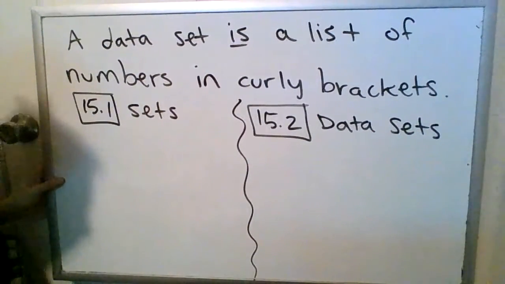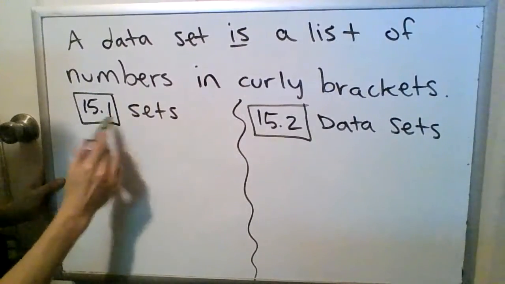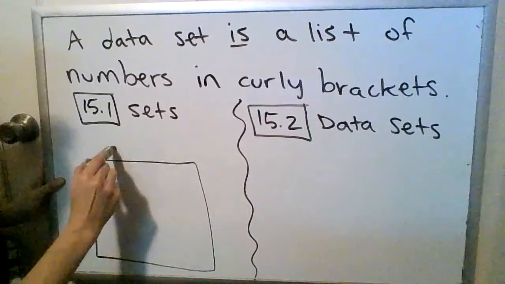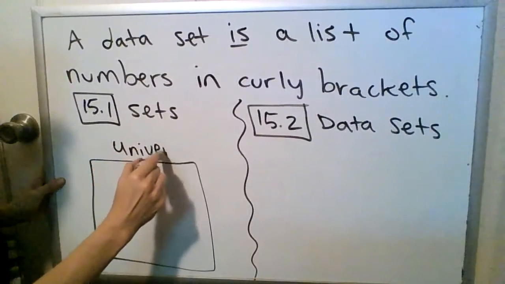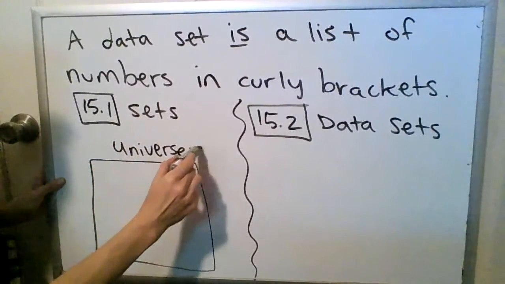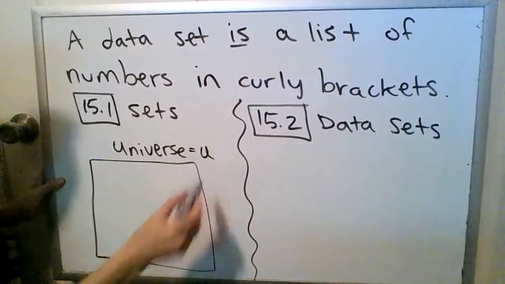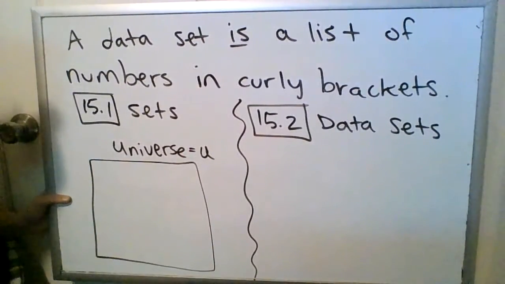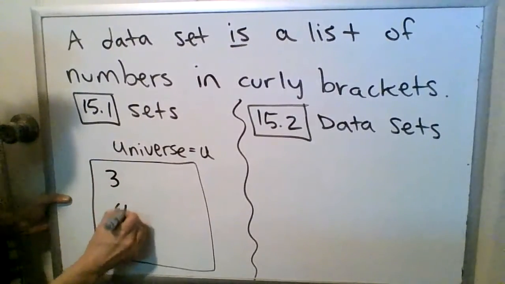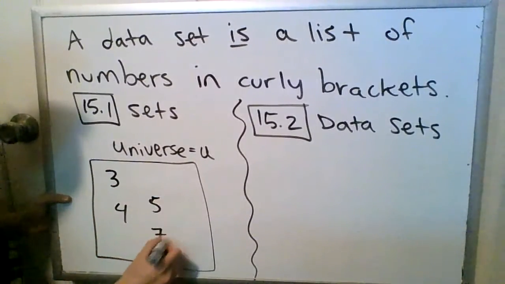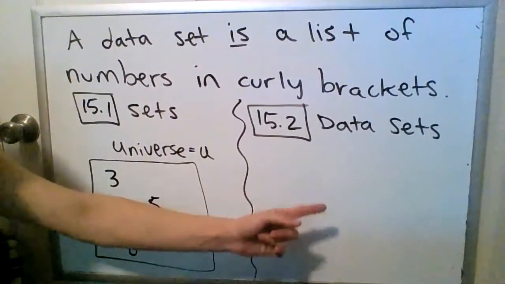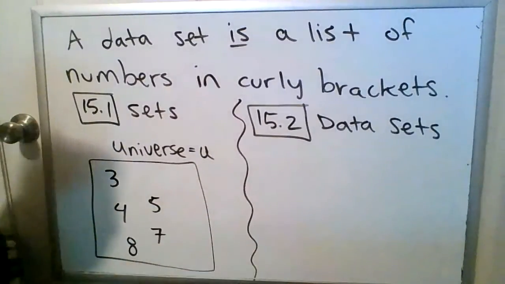Pretty much the same idea. In the previous set, our universe was more of a square shape. We called it U. And we had elements inside that were not repeats. So let's go with like 3, 4, 5. In our data set, we could draw a square, but usually in a stats book, it's a big circle and